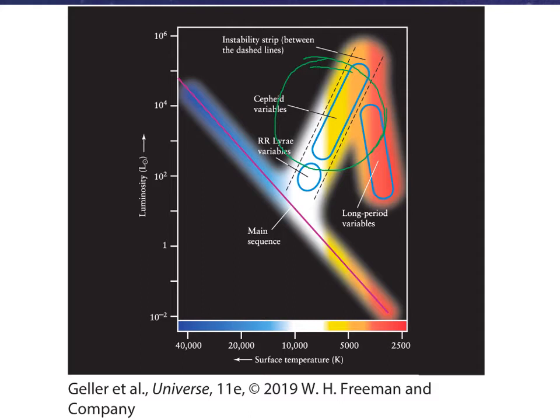This is the so-called instability strip that I talked about earlier. Stars in that instability strip tend to pulsate,